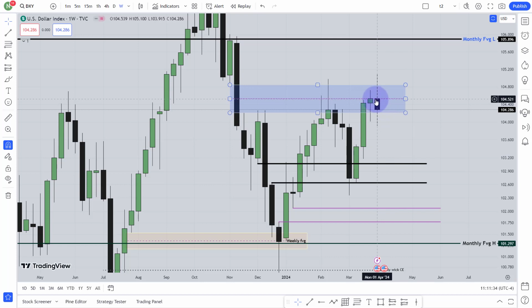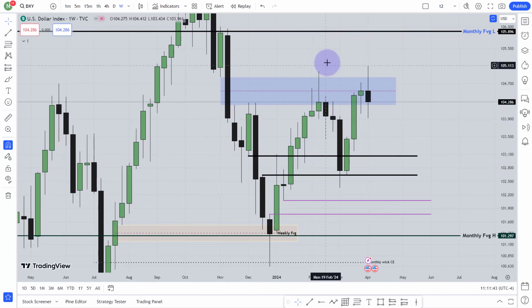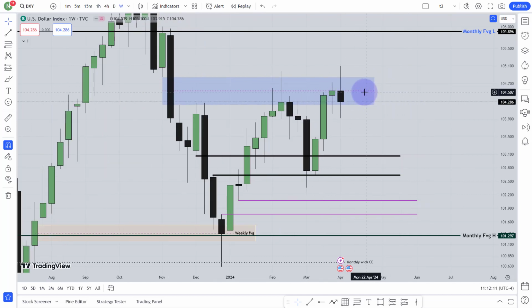Now this consequent encroachment is going to determine that. Just look at this whole price action where it is working. The market is trying to go higher, right? It took an attempt one time here, failed, worked the lowest part of the weekly bearish fair value gap, went lower, came back again. Tried to break this weekly bearish fair value gap, failed, closed below the consequent encroachment, went lower. Came back again one more time. This time it has tried its level best to break the fair value gap, but failed to close above the consequent encroachment of that bearish fair value gap. What does it mean?